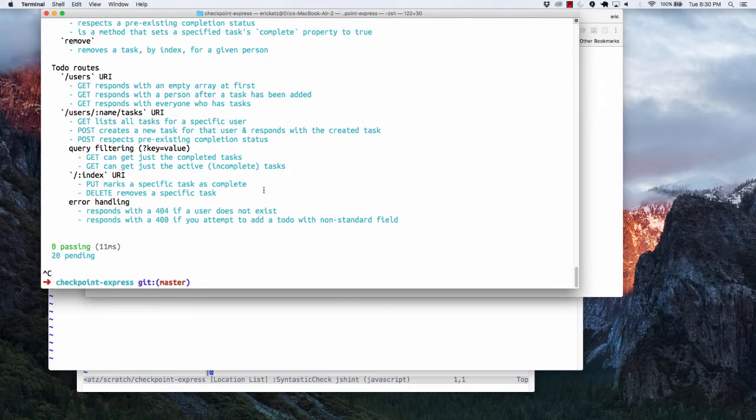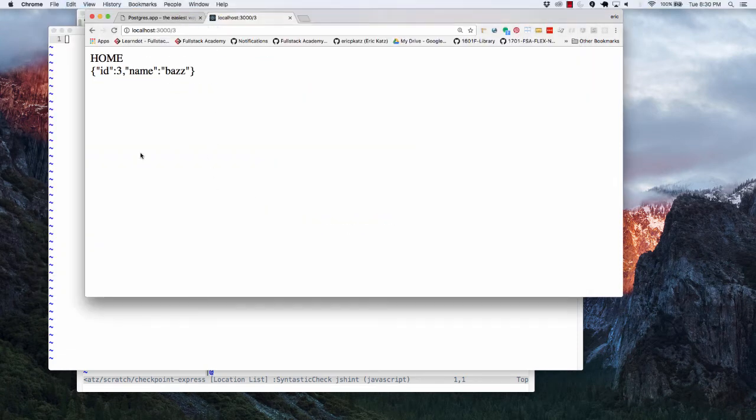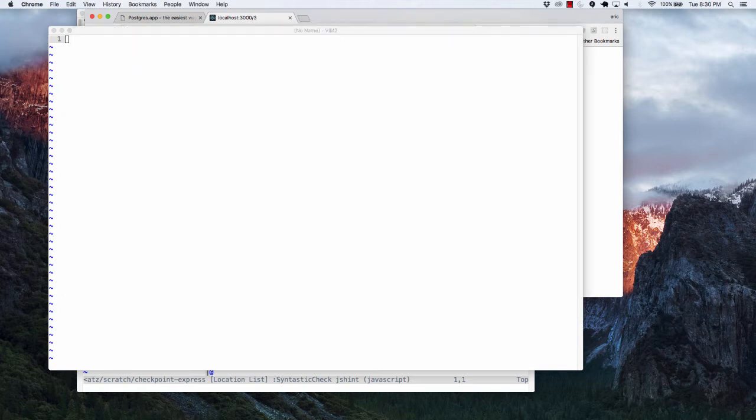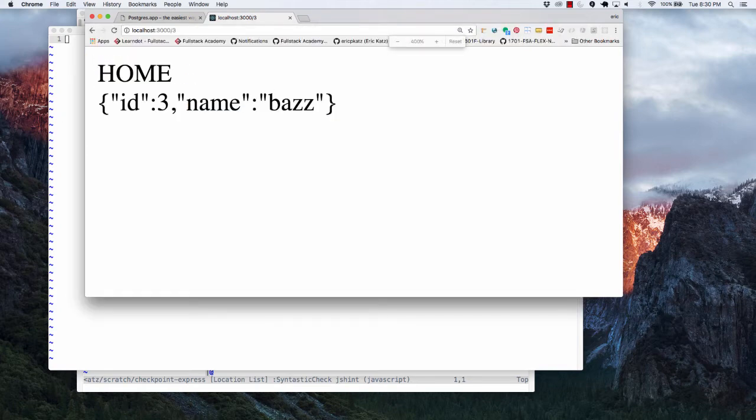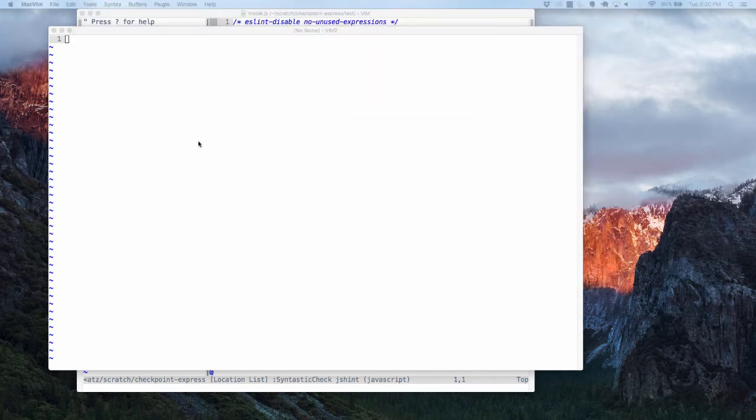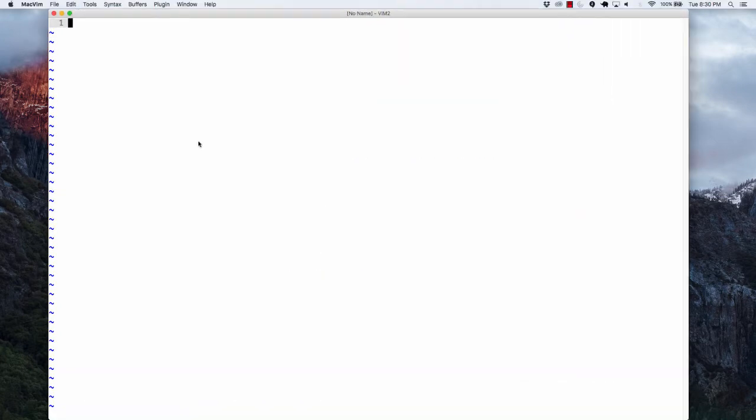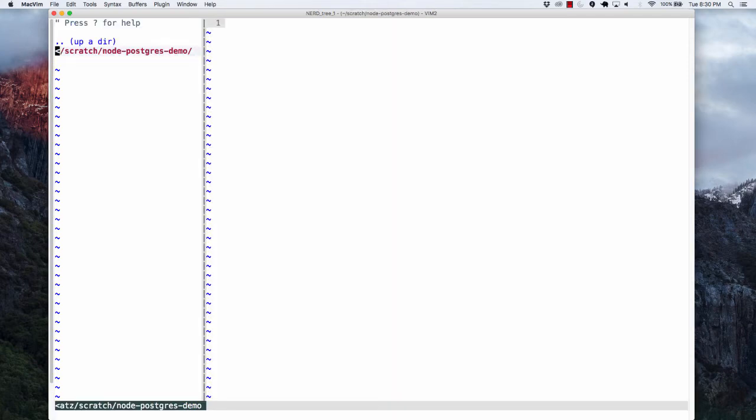And let's kill this. So here I am in an empty site, Node-Postgres-Demo. Again, you're going to have Postgres installed. And once you get Postgres installed, one of the things you're going to be able to do is